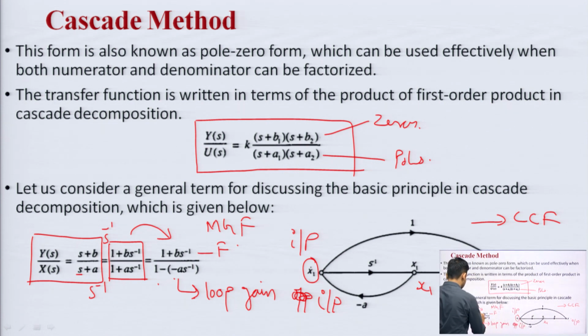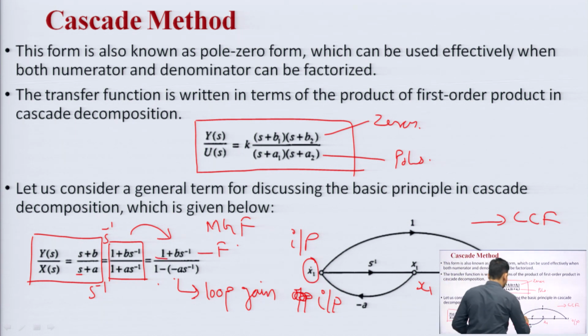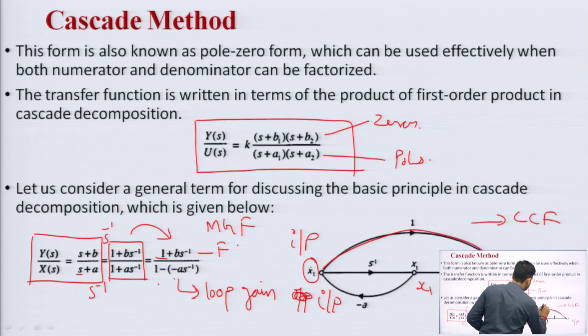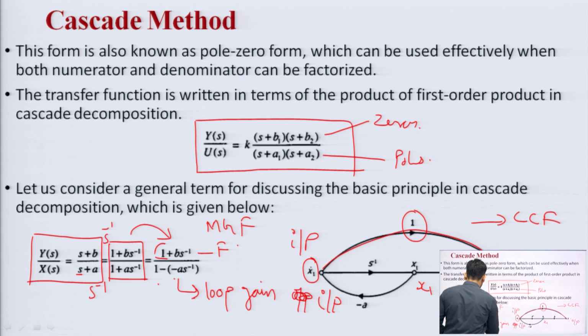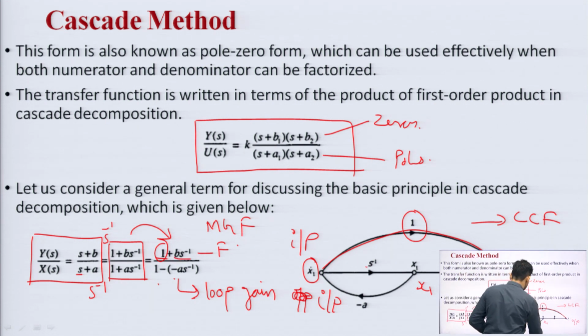Here is the feed forward path, one element is here, 1. This is my input, and I have to go from input to the output with a gain of 1. So, I am modeling this expression, 1 plus, the alternate method to reach the output is B s inverse. So, I will make here a gain of 1 by s, and it will reach this node.